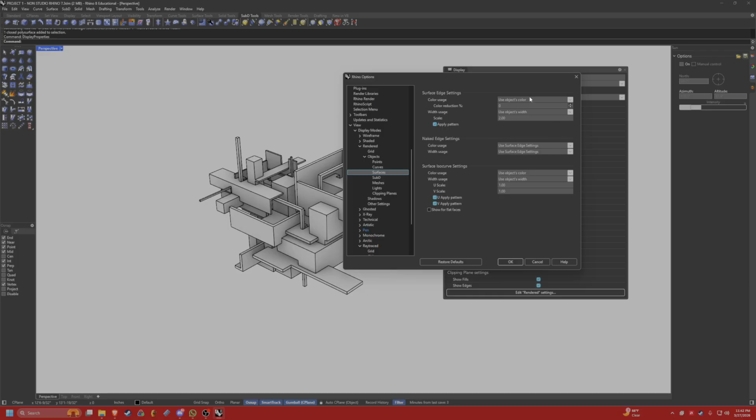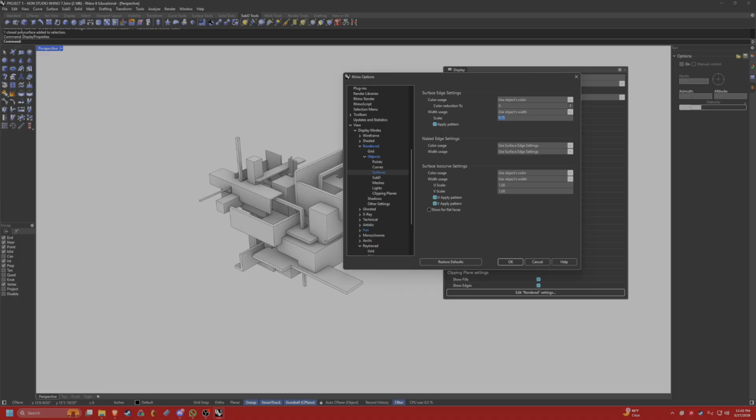We're going to notice color usage. We can change the color of the lines. We can change the width of them, which is the one we're going to be messing with. Right now it's at 2. That's really bold. So if we change it to 1, you can immediately notice that it gets thinner, and it's already starting to look cleaner. My preference is typically